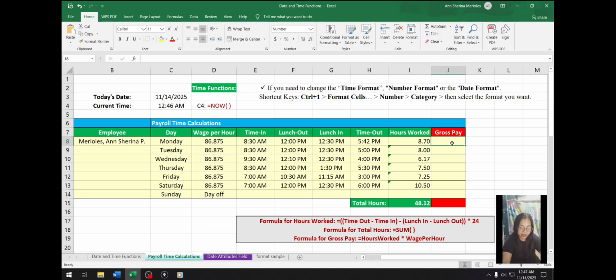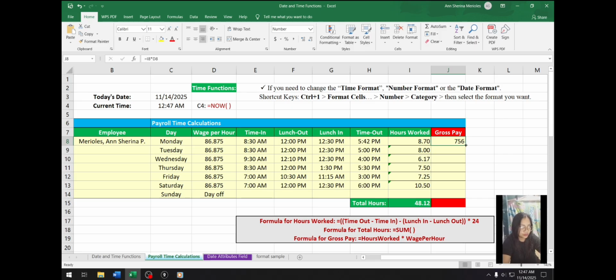To compute the gross pay, just multiply the hours worked with wage per hour and then enter.